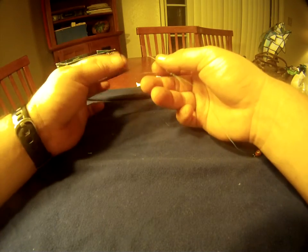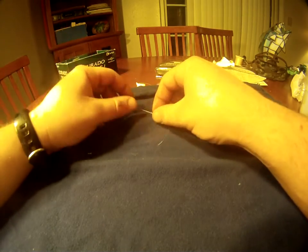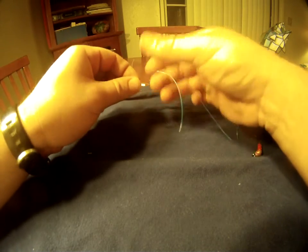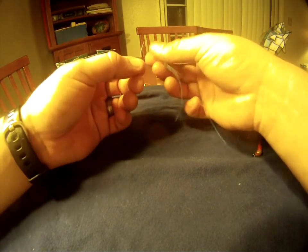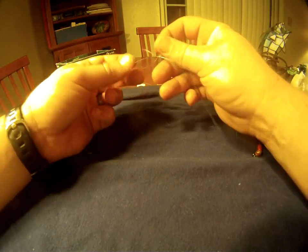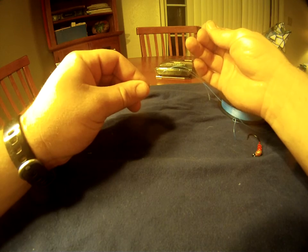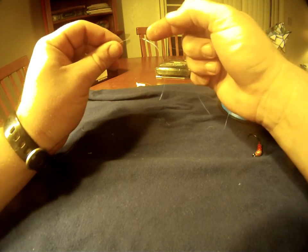But let's say I start pulling on the main line and the leader and I see the tag end start to slide. Simple fix, it's happened to everyone. But instead of having to retie and losing time, all you do is you take that leader, right? And you just tie a quick little overhand around the line with that tag end. Just like that, right? And then just like that. So when you go to cinch it,